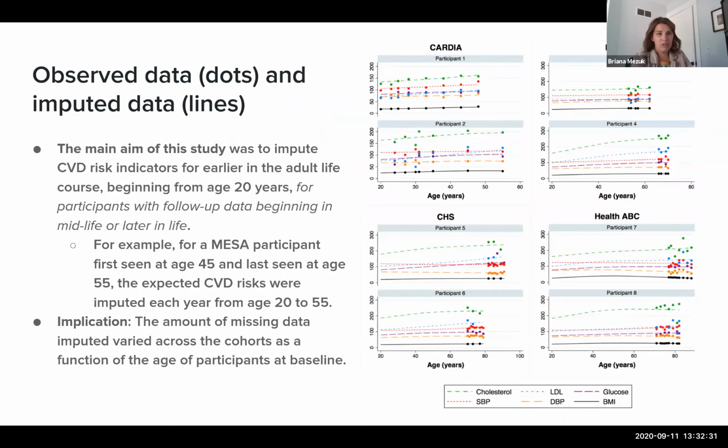So again, their main goal was to impute cardiovascular risk factors earlier in the life course, beginning at 20 years, for these participants who had follow-up data beginning in mid and late life. So for example, you might have a MESA participant, and here are just 8 random participants that they selected. There are 8 different participants, and you can see that the dots are the observed data,